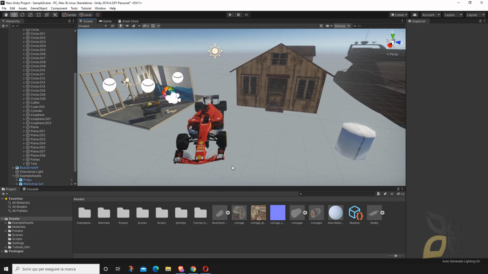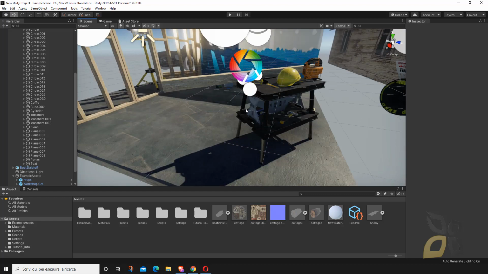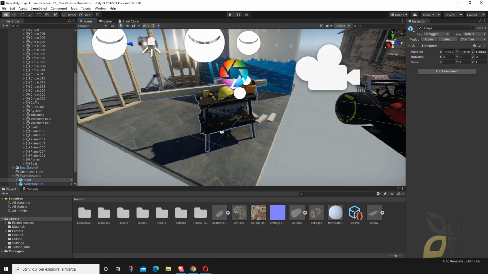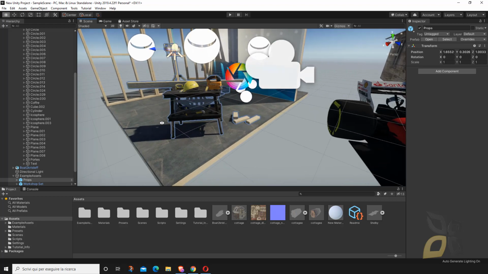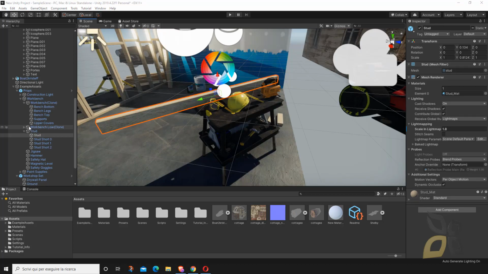Okay, now let's start to export something. For example, I want to export some of these tools. Sometimes in Unity you have these groups, so you have to double click to get inside the group. Now you can check all the hierarchies. Sometimes things are grouped, but you can explode them and do other operations, but this is gonna be too long. So I will just show you the part that we are doing right now.